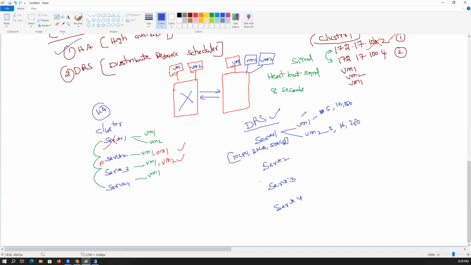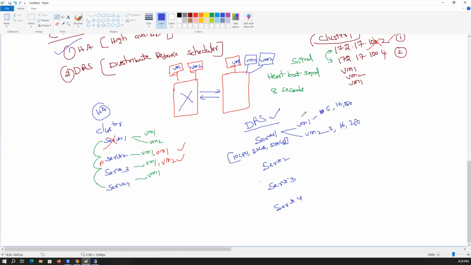Maybe the CPU or the RAM is not sufficient; any one resource is enough. Then, without telling, the VM will automatically migrate to another available ESXi server